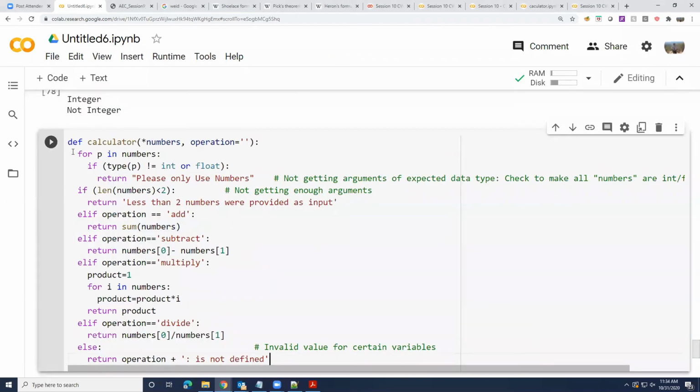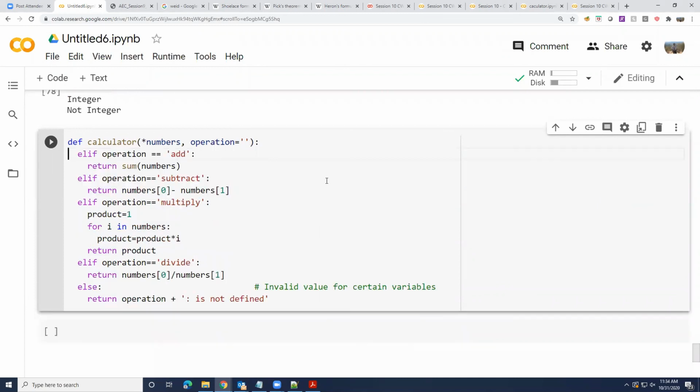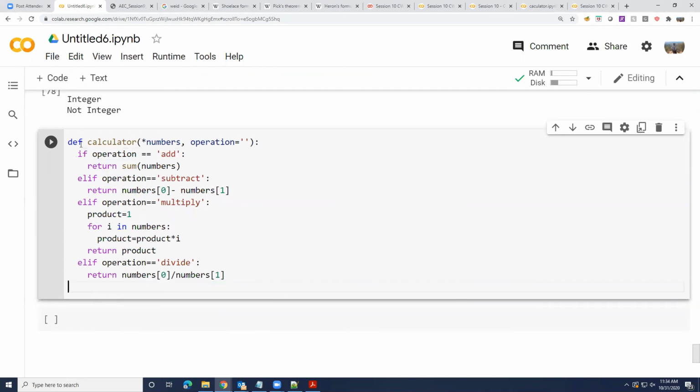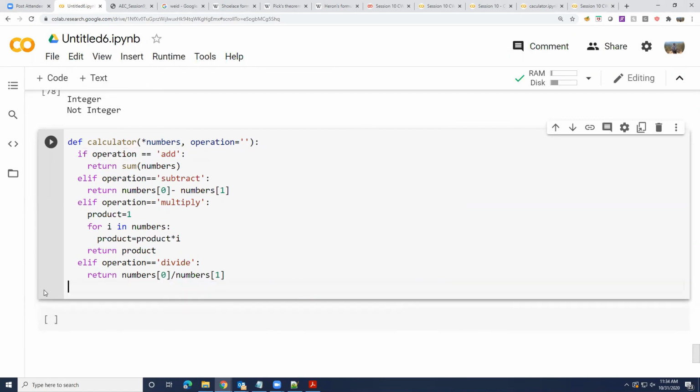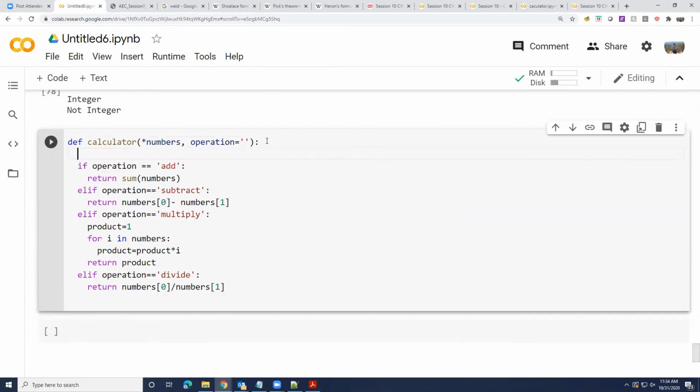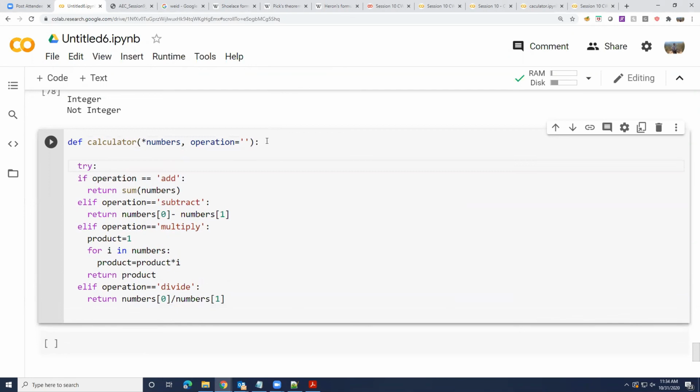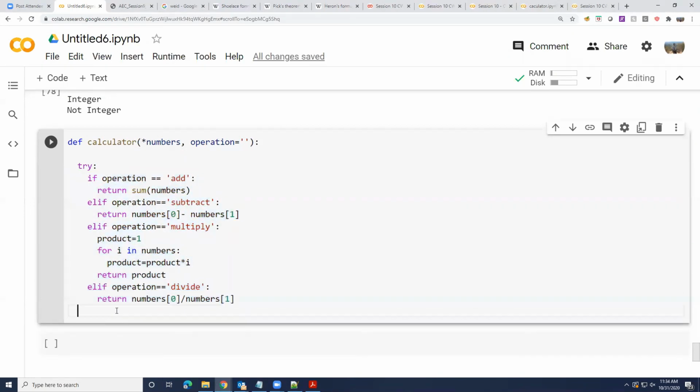Now, instead of checking for these things, I'm going to ignore this. I'm going to get rid of this, as if I don't care about this part, and include this new thing called try. So try is a programming construct like if.